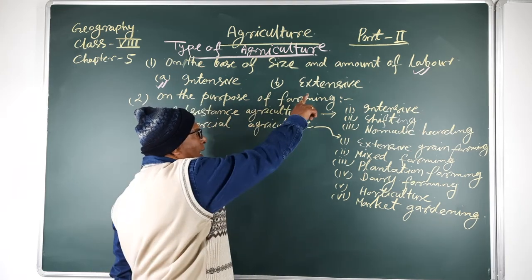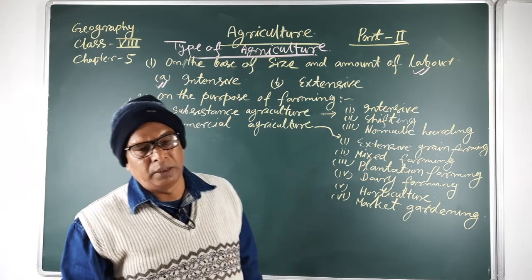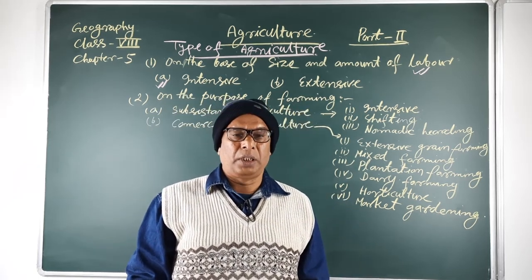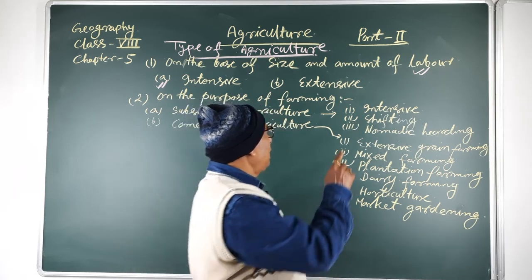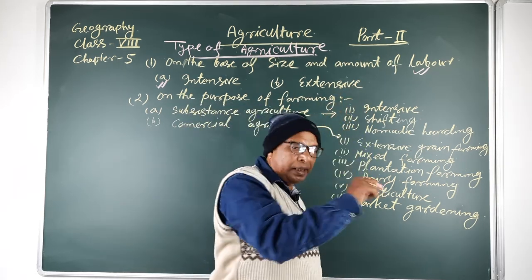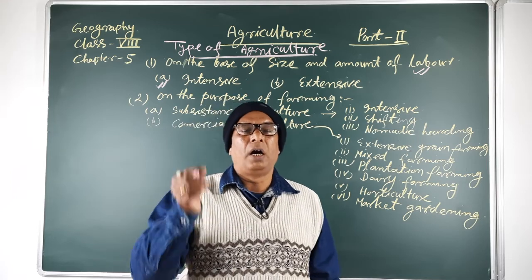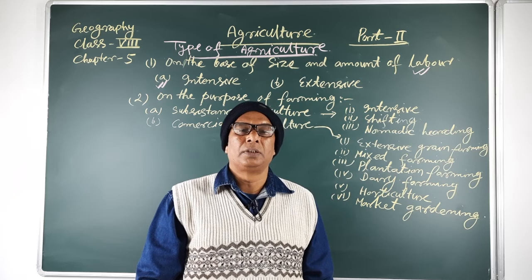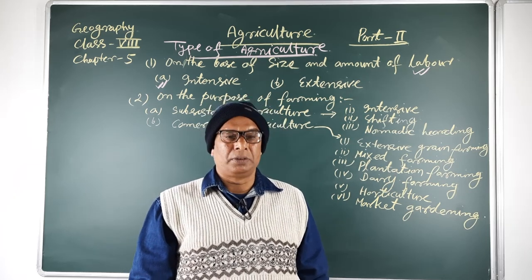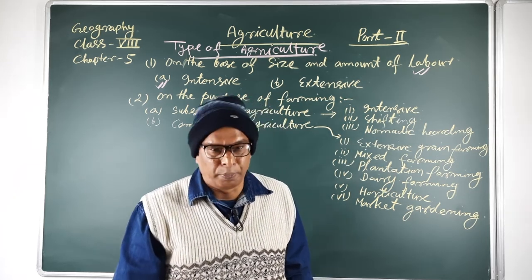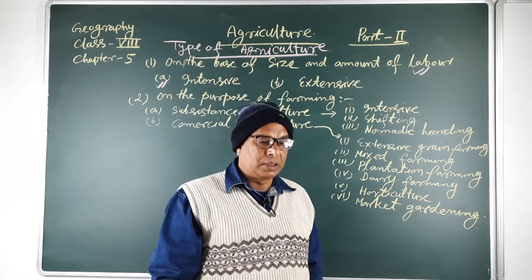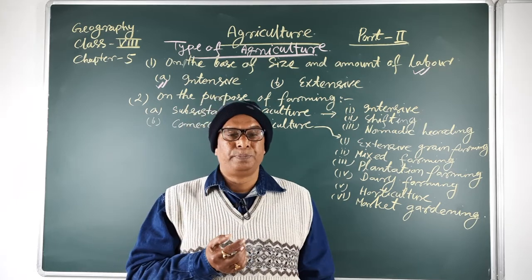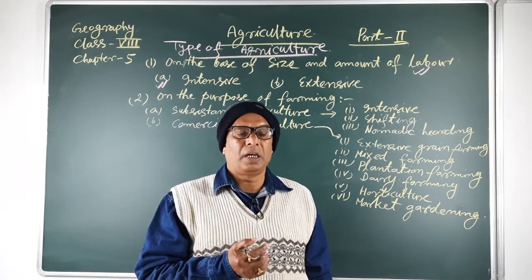Next is extensive agricultural farming. Extensive means vistrit krishi. This type of farming is mainly practiced in low population countries, that means sparsely populated areas. For example, in Russia, Britain, Canada,